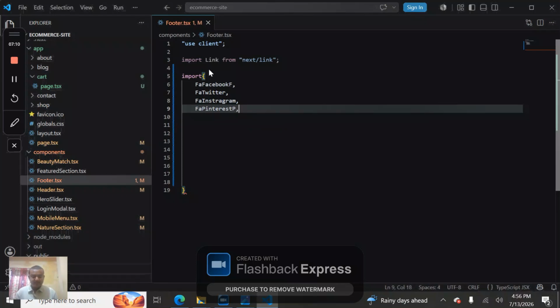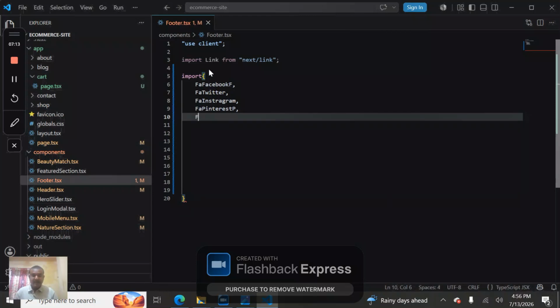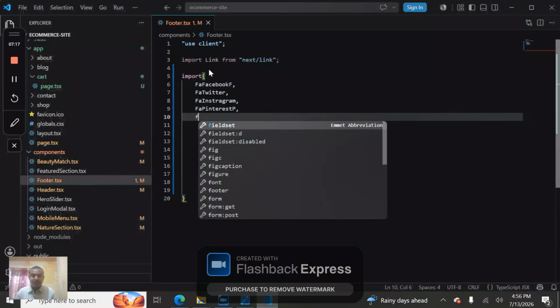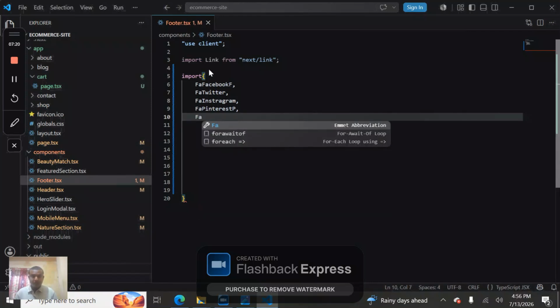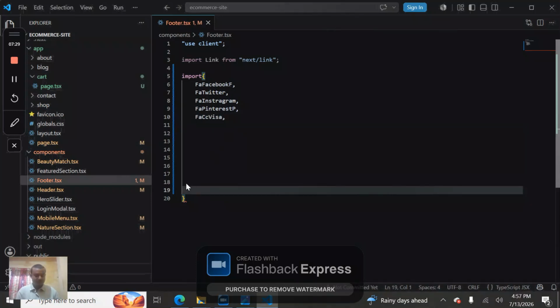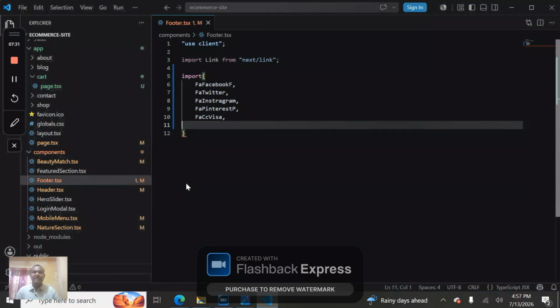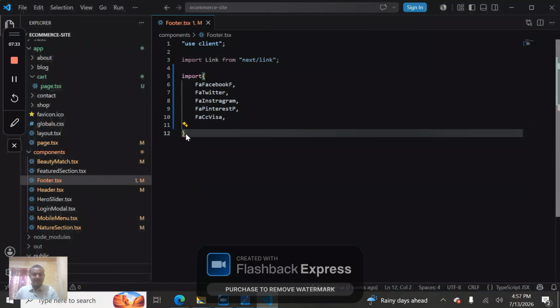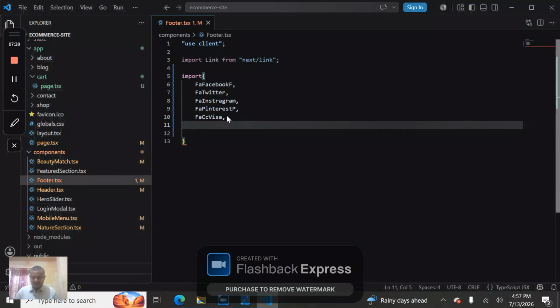After that, the Visa icons from Lucide React. So F A, okay, C will be uppercase, lowercase both, and B will be uppercase, Visa. No spelling mistakes, guys. We are all learners, not teachers. Okay, that's it. After that, we have to add some Mastercard icons. So FAC